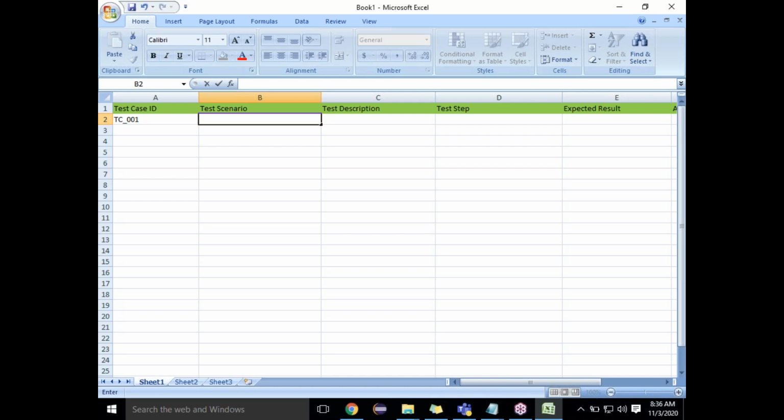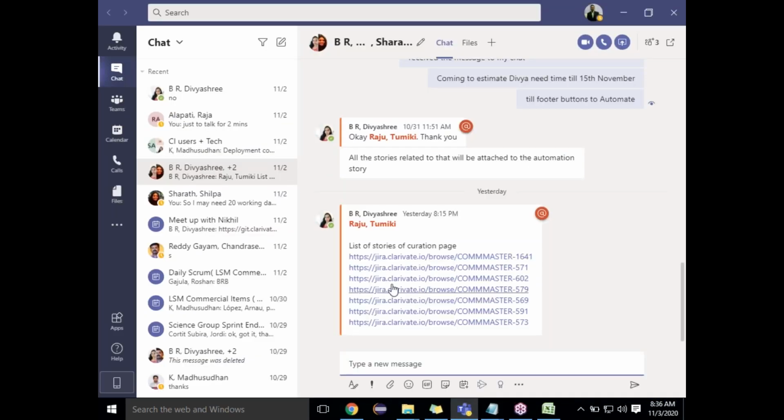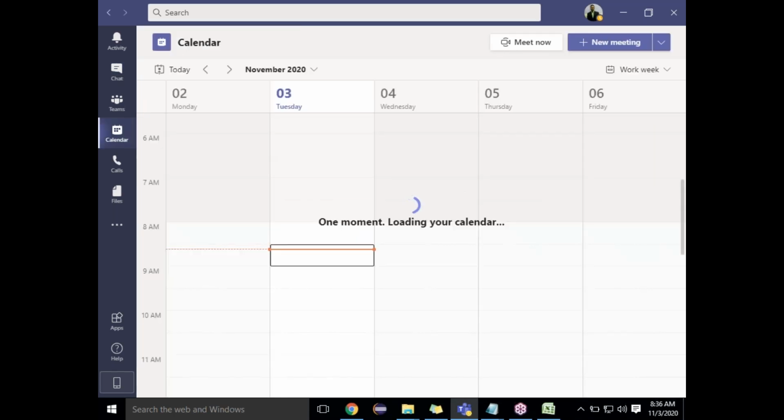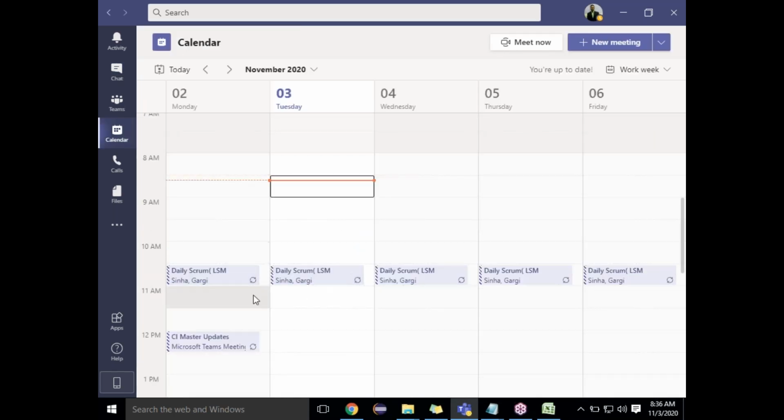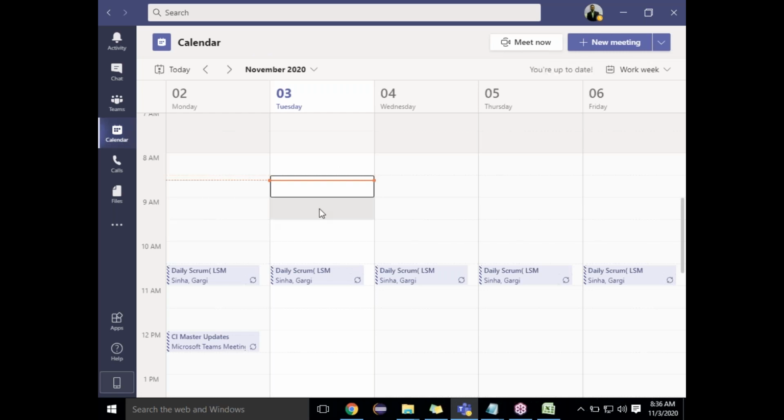Excuse me, I have a question. Will the story not be discussed in the Scrum meeting? Yeah, they have to discuss. See, everyday meetings. This is my Teams, or you can say a common chat. If you go and see the calendar, every day there will be a Scrum meeting. Today I have a Scrum meeting which will be conducted by the Scrum Master. We have to join that Scrum meeting. We have to say what stories we worked on, what the progress of those stories is, whether we have completed them, whether we are still testing, whether any defects happened, and whether there is anything we have to work on. All these things will be discussed in the Scrum meeting every day by everyone.